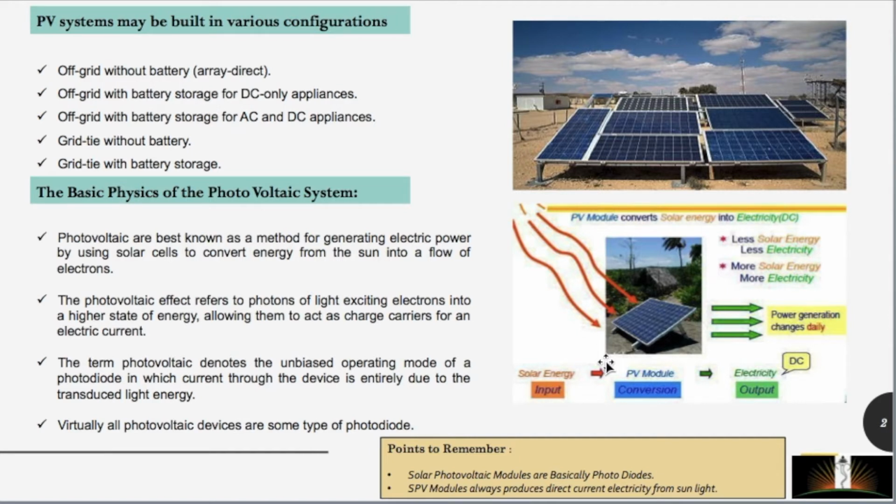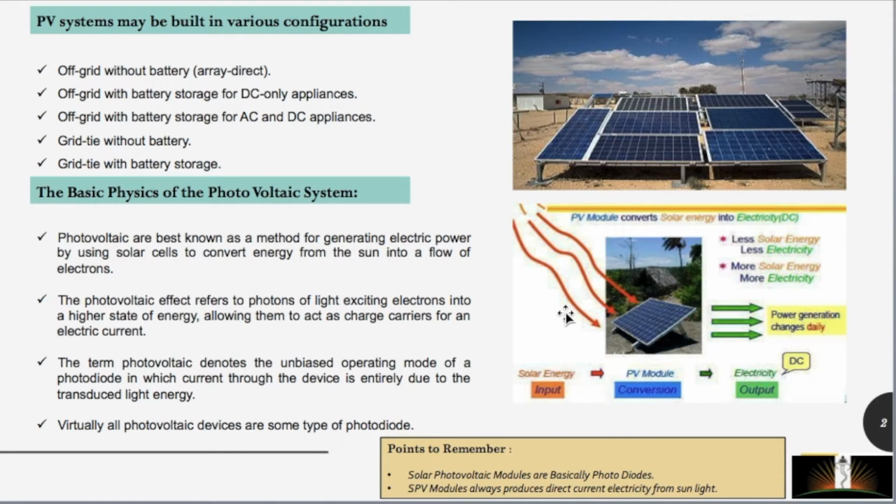That means we are using a solar panel, or multiple solar panels in an array, and connecting it with a battery, and from the battery we are taking it to our DC grid. So all the appliances we are using in the house, whether it be fan or light, will be running through DC current. It will be DC-only appliances. Here we are not converting it to AC. So in such cases we need to change to DC appliances, or we can buy separate DC appliances, as is done for the solar home lighting system for smaller appliances.